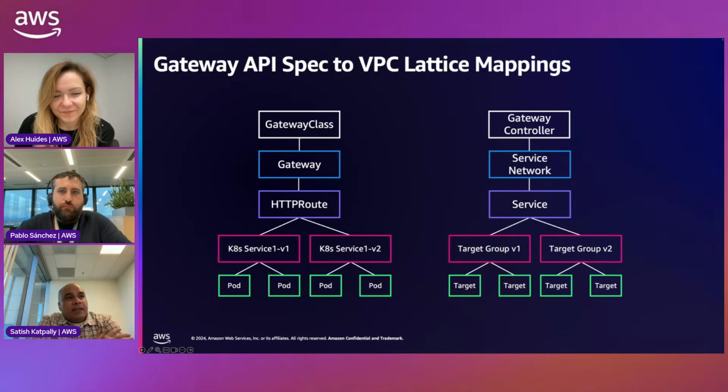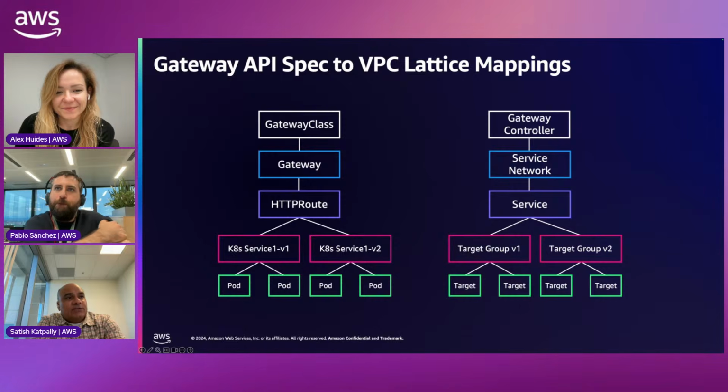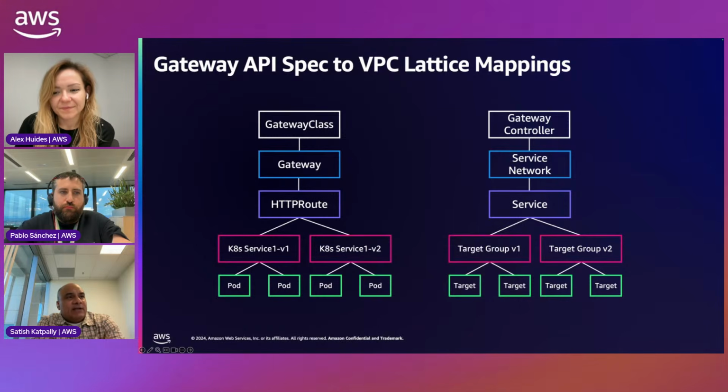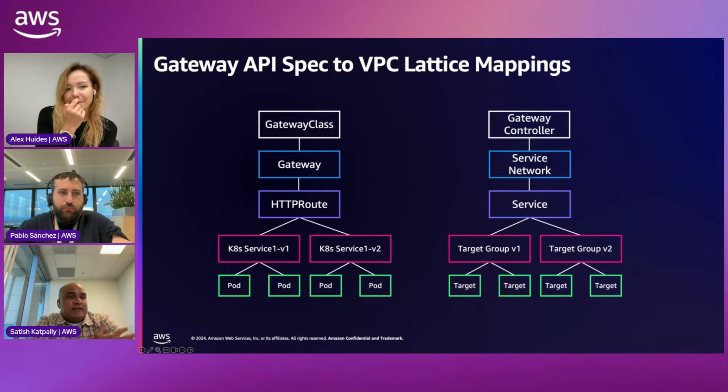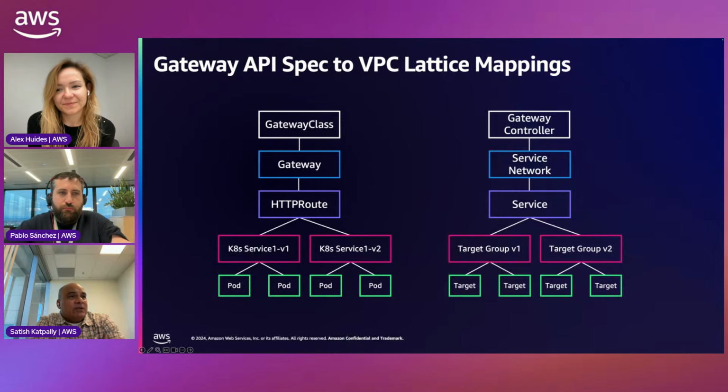So the way this is working underneath is the Lattice controller that's running in the EKS control plane is monitoring the kube API changes. As we reconcile your manifest with what's actually running in the data plane, we look at, hey, new pods get spun up. So we need to register those new pods as IP targets into existing target groups. Those target groups could be in the same VPC, could be in different VPCs. That's where the Gateway API spec gives you that multi-cluster ability as well.